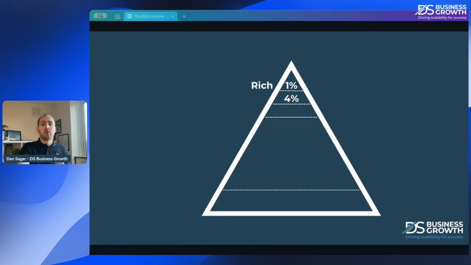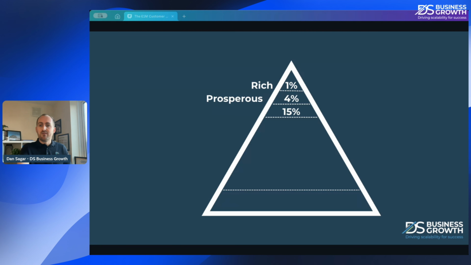Okay, our next little cohort down there is the 4%, and I would describe these as prosperous. Okay, they're doing very well. They've got strong margins, probably a really strong, good leadership team. They're really proactive in their marketing, and they've got a strategy which is super clear, and that is what has allowed them to be prosperous. So overall, there we're looking at the top 5% of businesses in your area or in your space.